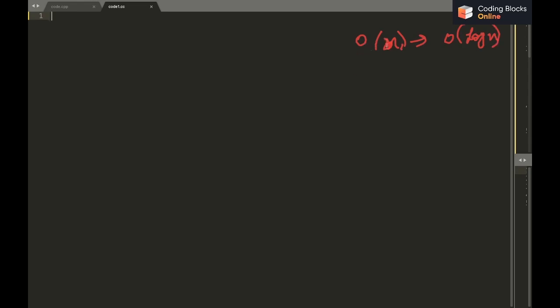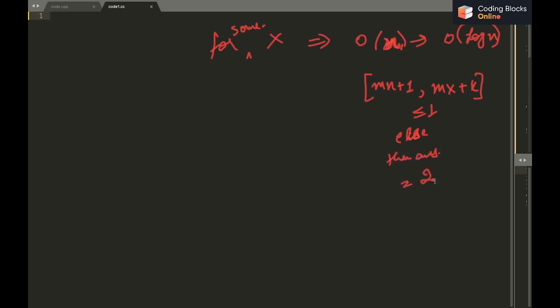while checking for the minimum possible number of replacements for a given x. We saw that if we check for a given i, and the minimum of those two numbers is mn and the maximum is mx, our range for x should be mn plus 1 to mx plus k for the answer to be less than or equal to 1, else the answer is 2 for that particular pair.